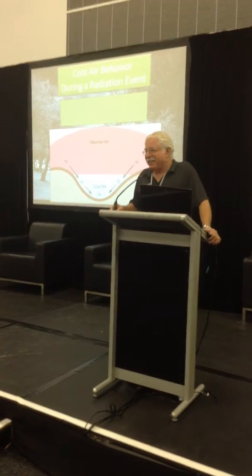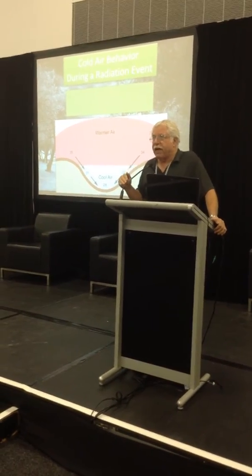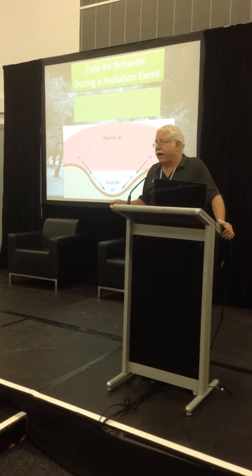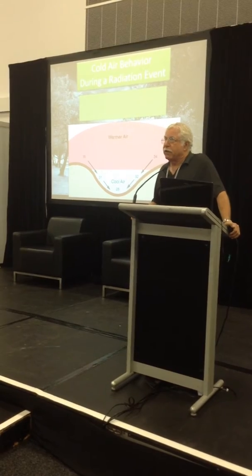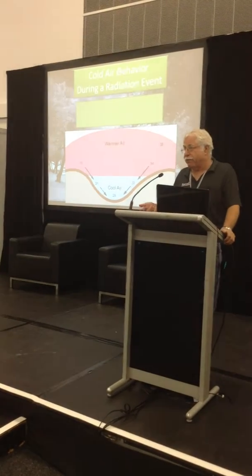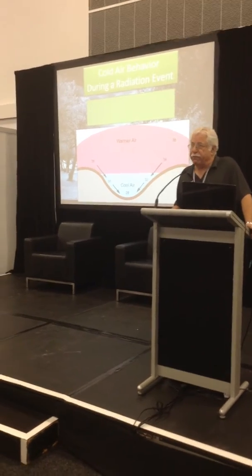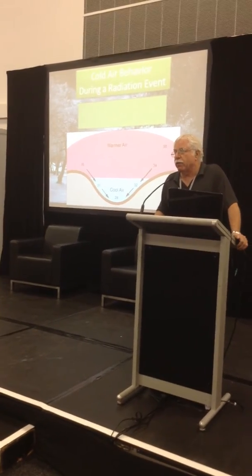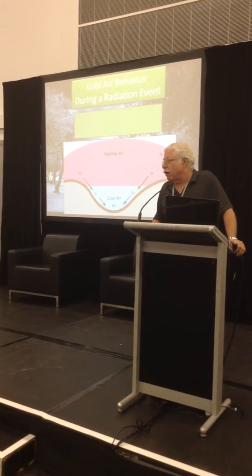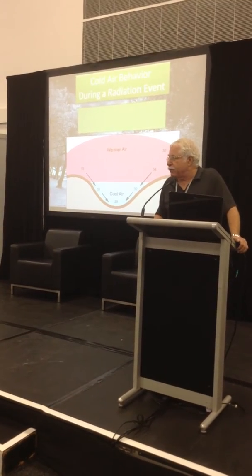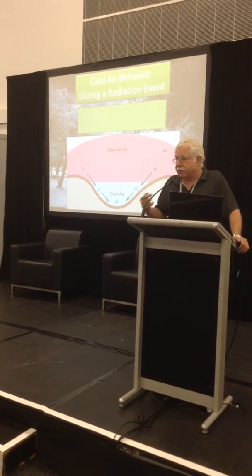You have that inversion, and you have what's called a stratified atmosphere, which is technically a stratified fluid. At that point, we're dealing with fluid dynamics. So a radiation frost is a hydraulic event. It's not a weather event. The cold air will flow into areas where more cold air flows in than will flow out. These are called accumulation areas. Eventually, that cold air will begin to build up, and because air is a fluid, but